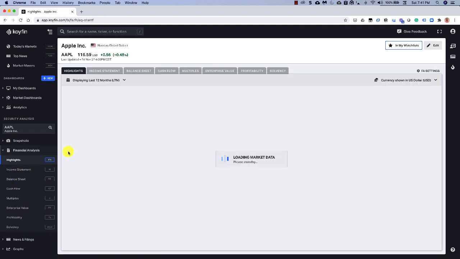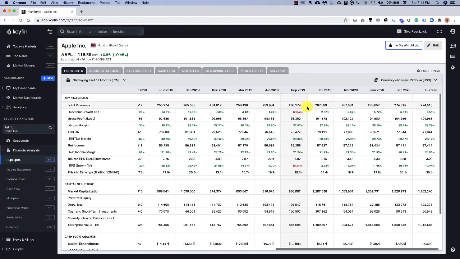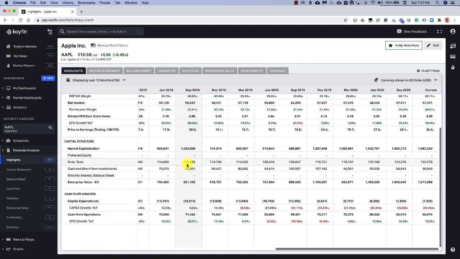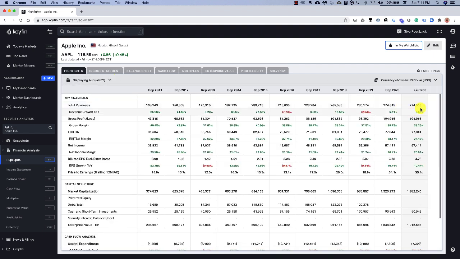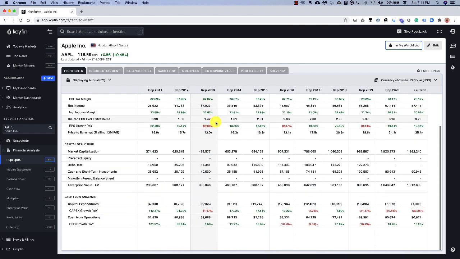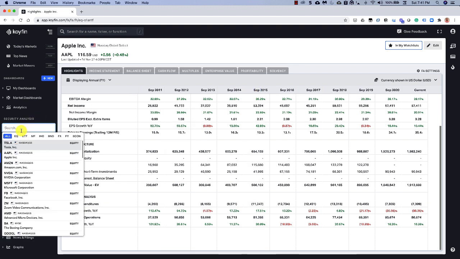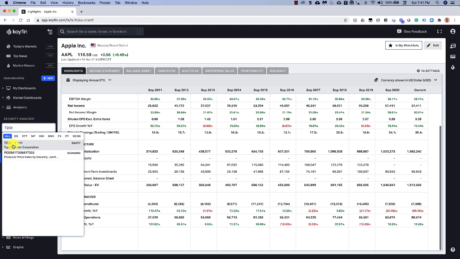On the financial analysis tab, we now have much more data. So now you have 10 years worth of data here and a lot more items to think about. So if I select annual, I'll see 10 years worth of Apple data here. The other thing to highlight is that because we now have global equities, you can put a stock like Toyota Motors in here,